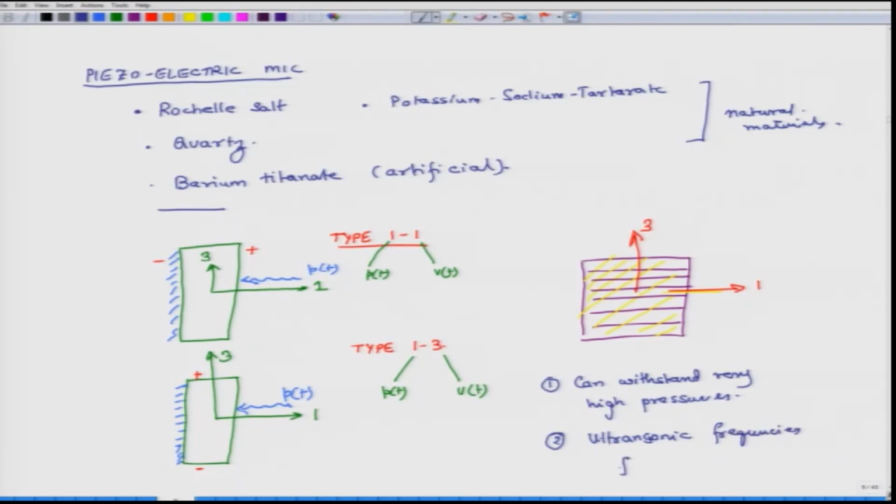So, the frequency could be something like 10 to the power of 4 to 10 to the power of 6 hertz, okay? 30,000, 40,000 hertz to megahertz range. Okay. And they are very robust devices. So, that is there. And then the last category of